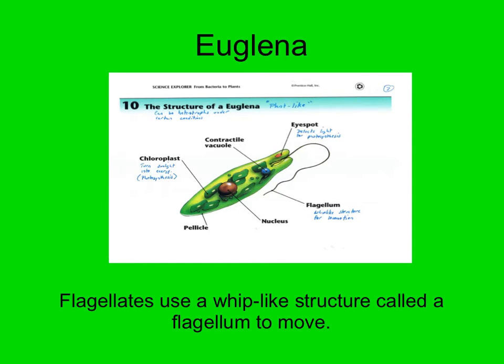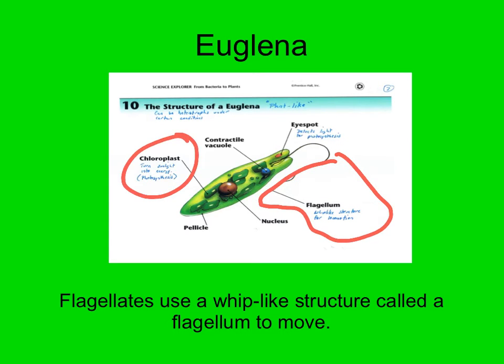This is an example of a flagellate, the third group. You can see it uses the flagella to get around. It also, I'm going to take that away there so you can see the other stuff. You can see the flagellum here. It also has some other unique characteristics in that it has the chloroplast for photosynthesis. It too has the pellicle, a contractile vacuole, and very cool here, an eye spot.